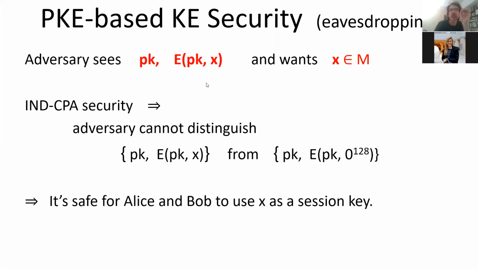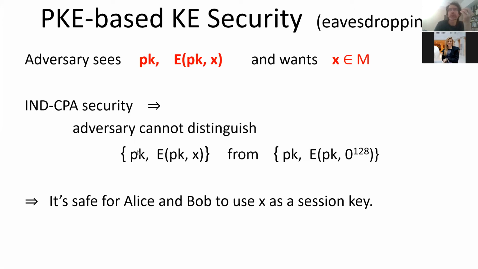So there is no security against active attacks. It's only for an eavesdropper, right? Because the active attacker can replace it by his own key, and this whole thing is passed. But if there is only an eavesdropper, then what does the adversary see? A public key and an encryption of the session key. And now, by indistinguishability of this public key encryption under the CPA attack, which I was arguing is equivalent to just indistinguishability for public key encryption,